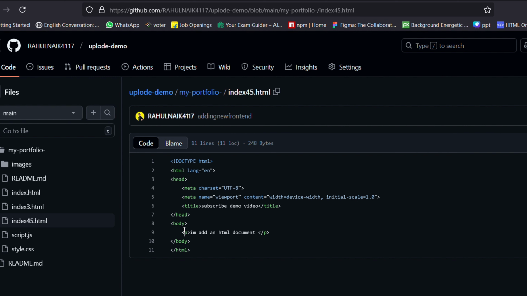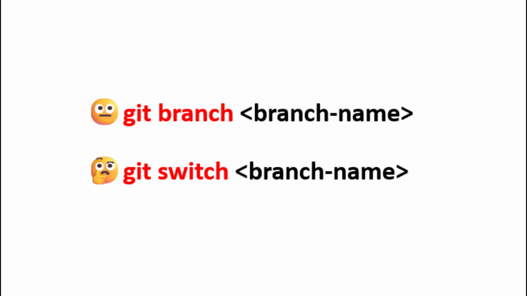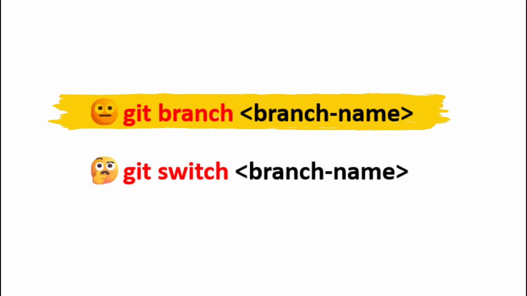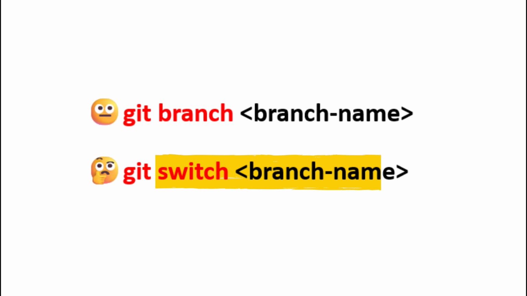Next, we will create a branch locally and push it to GitHub. So first of all, I want to show you the basic command we use to create a new branch in Git. After creating the branch, we can switch to it using the git command git switch and entering the branch name you want to switch to. Now let's see how it works in practice, and also we are going to push these branches to the GitHub repo.